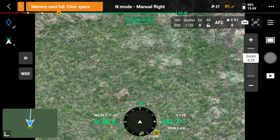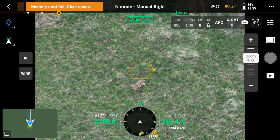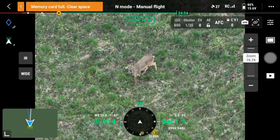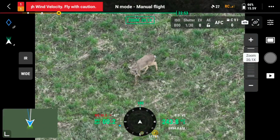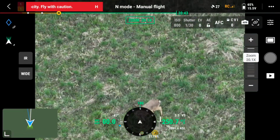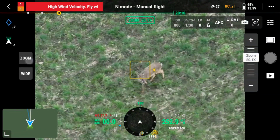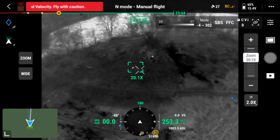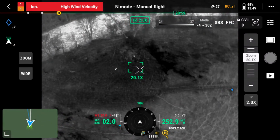You see the wind's 23 miles an hour. The 3T is 243 feet up in the air, and it performed very well. Kind of giving you some shots of these animals. Not a big day to see squirrel, and not a big day to see groundhogs. But here's the two deer along the river, kind of out of the wind,